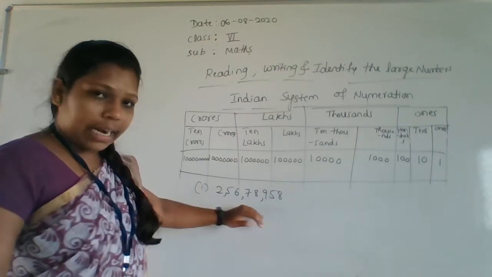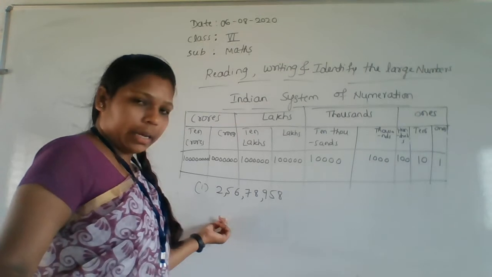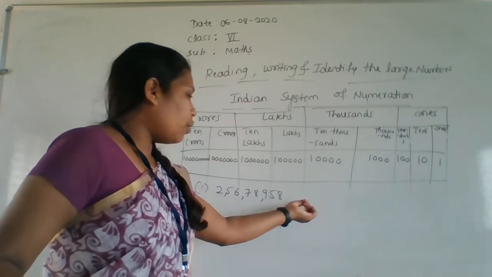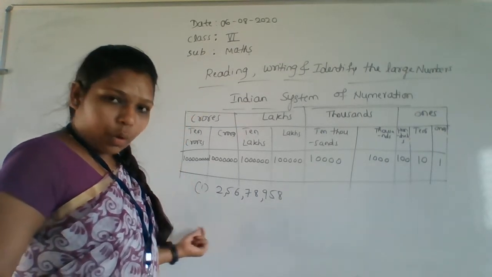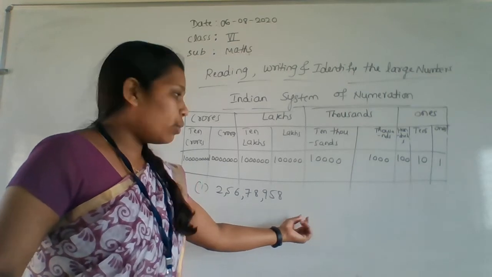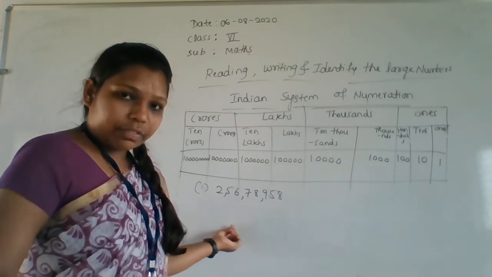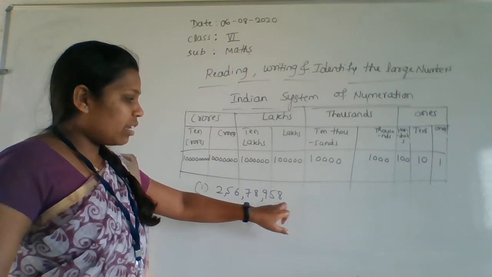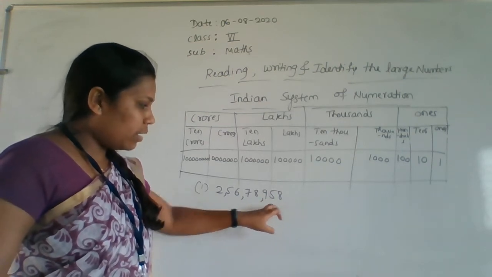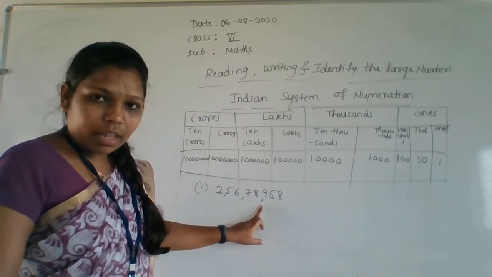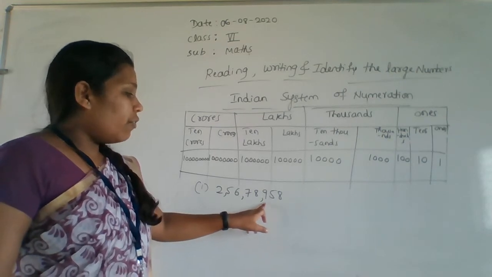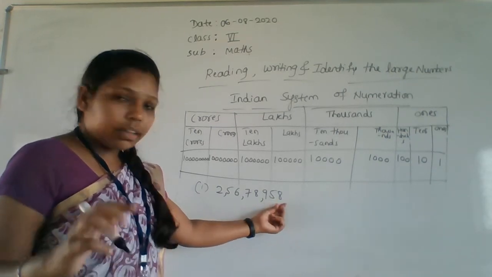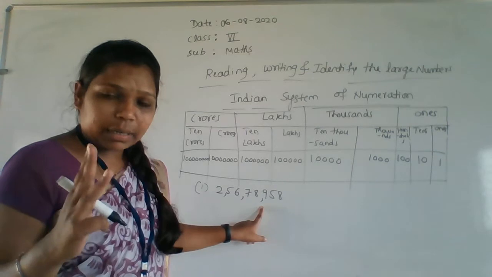Don't go this side. Okay, you have to come from this side only. Okay, you have to come from the left side only. Don't go to the right side. You have to take the commas from the left side. Okay, so first after 1, 2, 3, after 3 numbers I am putting a comma here. Okay, next, first of all we put a comma after 3 numbers.